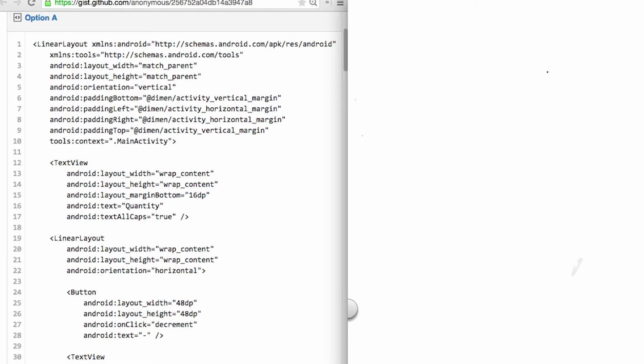I'm going to draw the view hierarchy diagram for options A, B, and C. We'll start with option A. It contains a linear layout as the root view, so let me draw that. Then I want to figure out the next layer of the view hierarchy, which would be the direct children of